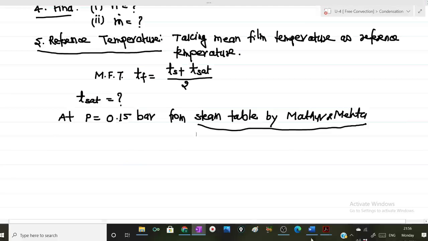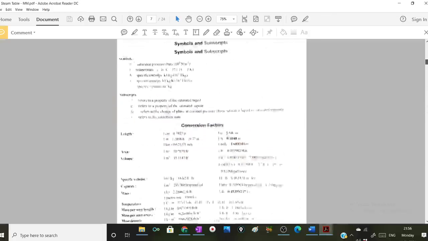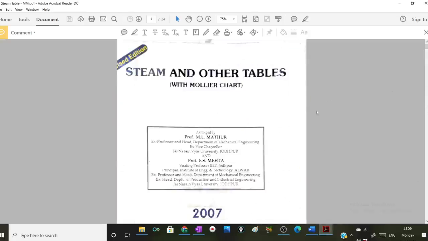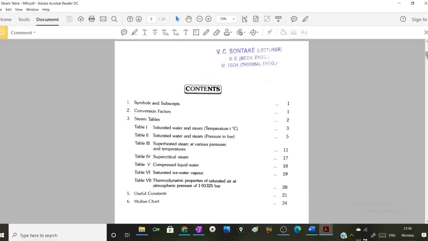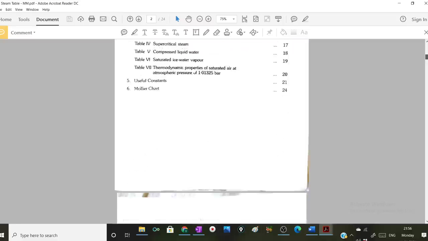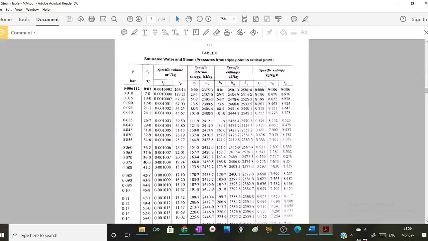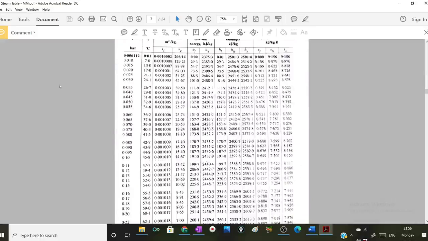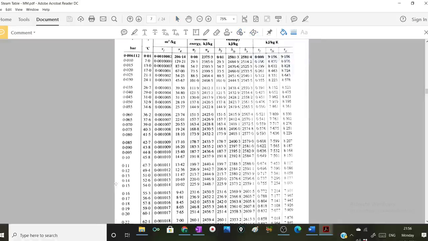So let me refer to the steam table by Mathur Mehta. This is the steam table by Mathur Mehta. You have referred to it in 4th semester. I have to refer to the values at the given value of pressure. So this is given to me. So at 0.15 bar, that is this. I am interested in